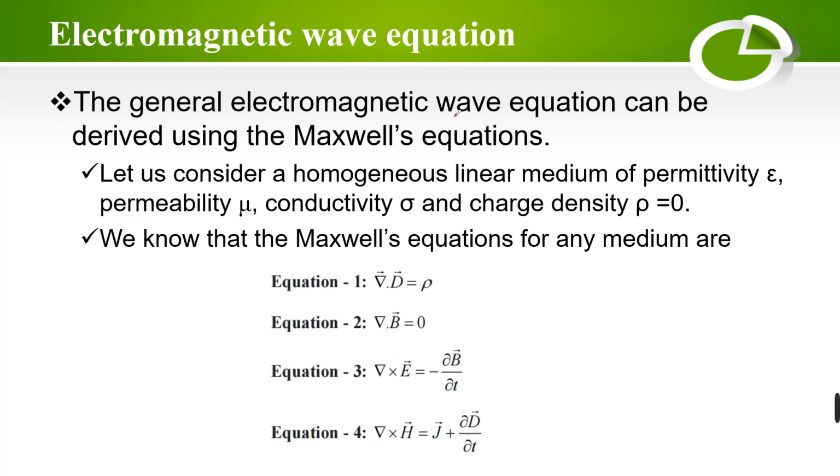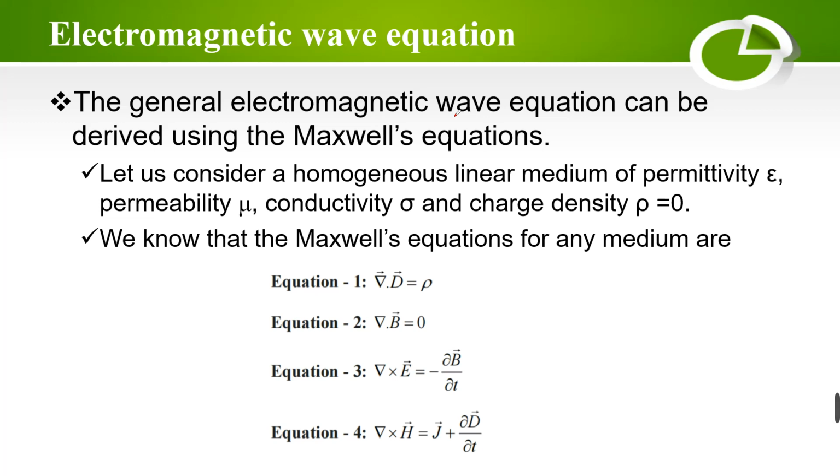What is meant by permittivity? It is a measure of penetration of the electric field into a material, that is called permittivity. What is permeability? It is a measure of penetration of the magnetic field into a material, that is called permeability. And electrical conductivity, we all know that, is sigma. Charge density is the number of charges per unit volume. Charge density is equal to 0. These are the things we are going to consider, and we are going to apply these concepts